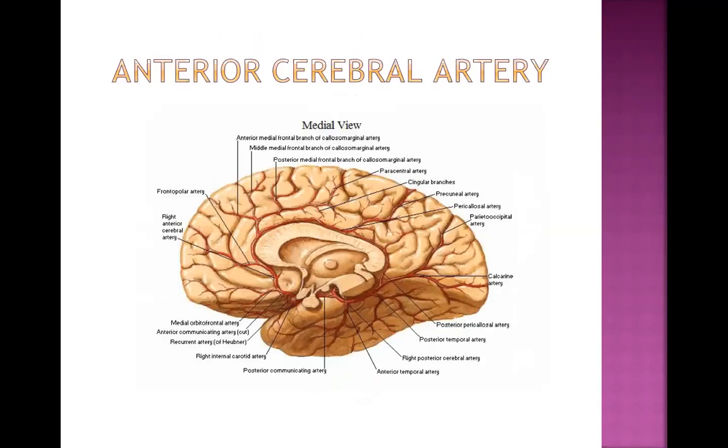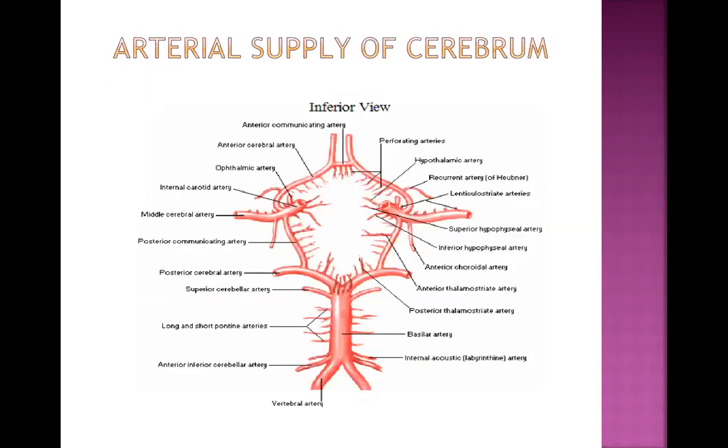The same thing is shown here. This picture is taken from your Netter Atlas. See here, these are the two vertebral arteries combined together to form one big basilar artery. It is divided into the posterior cerebral arteries. In between, it has given many different branches. Now, the two internal carotid arteries on either side have also